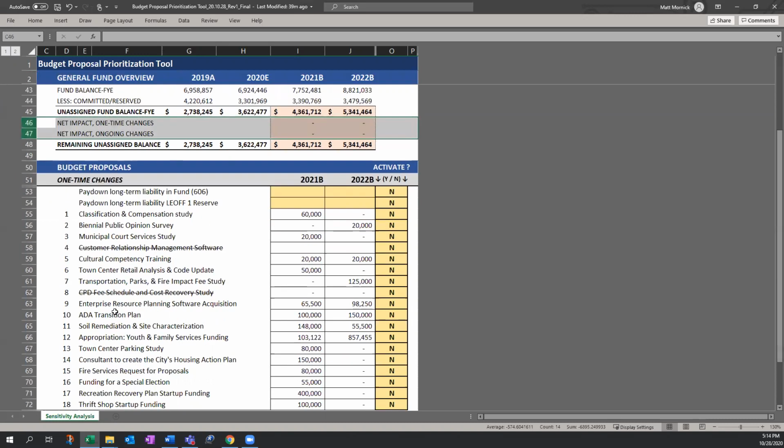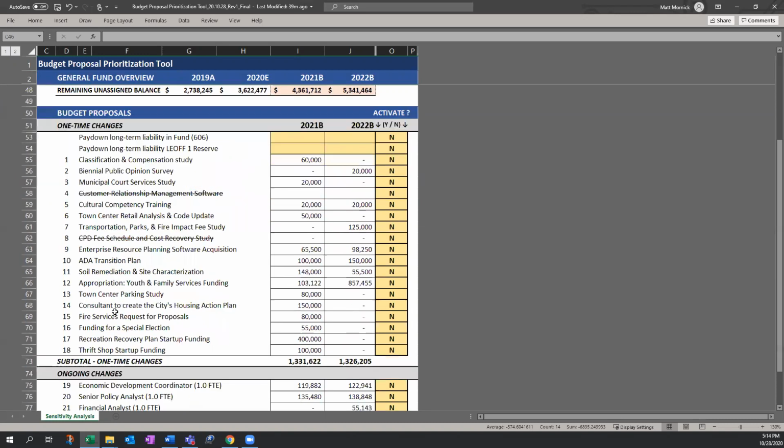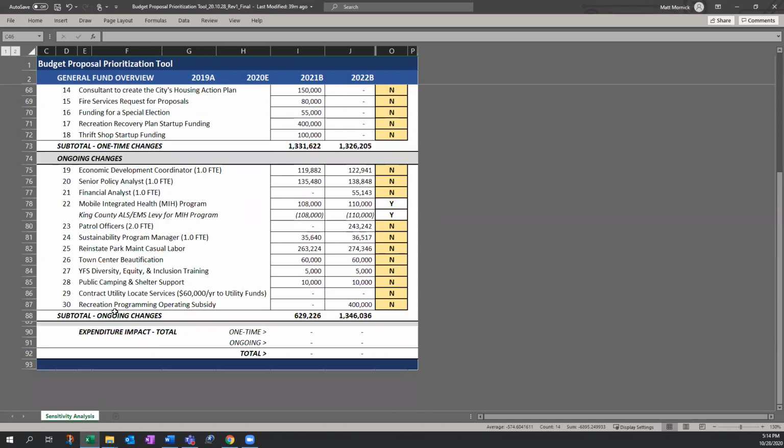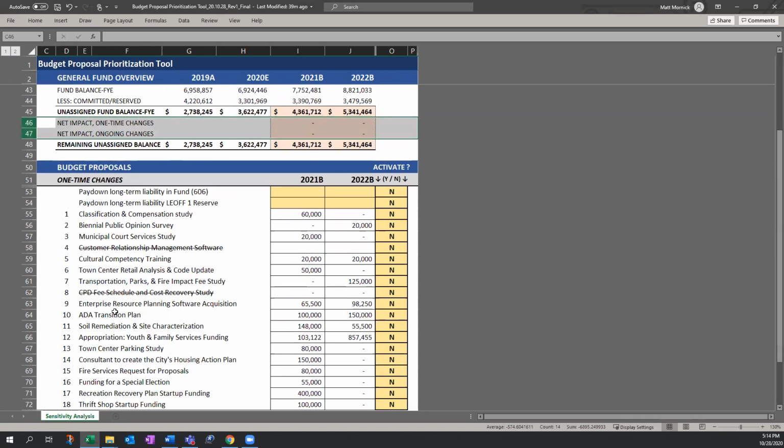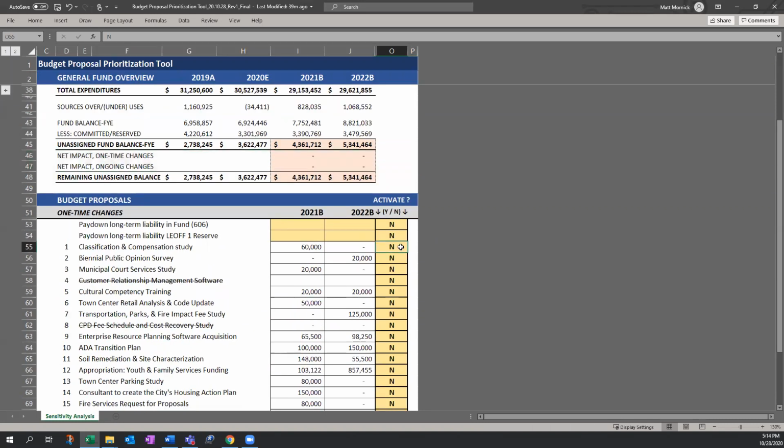Below the general fund overview section are the budget proposals, with one-time items listed above the budget proposals that have ongoing financial impacts. To activate a budget proposal, enter a Y for yes in place of the default no setting. For each proposal you select, the corresponding financial impact will tally above. At the top